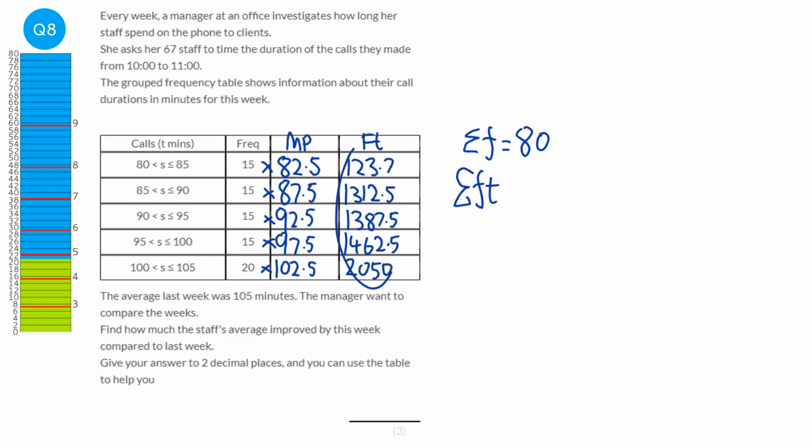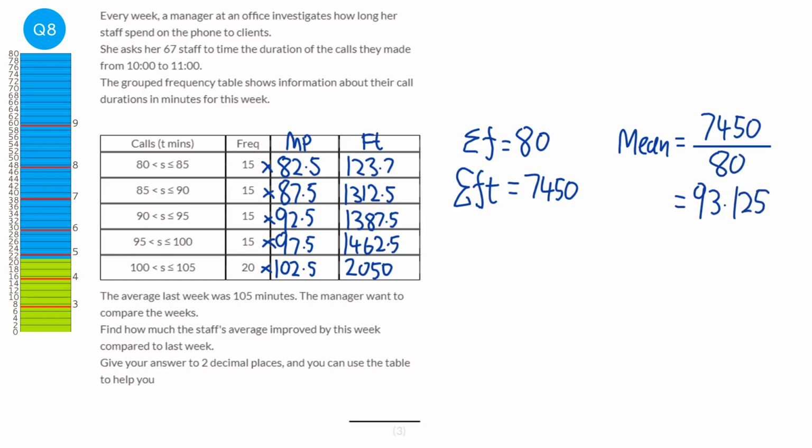And so we're going to just add this column up here. And so that would be 7,450. So what this column represents is all the numbers added up together. This column represents how many numbers we have. So to find the mean, it's all of the numbers added together, which will be 7,450, over the amount of numbers we have, which is 80. So when you do that, we get